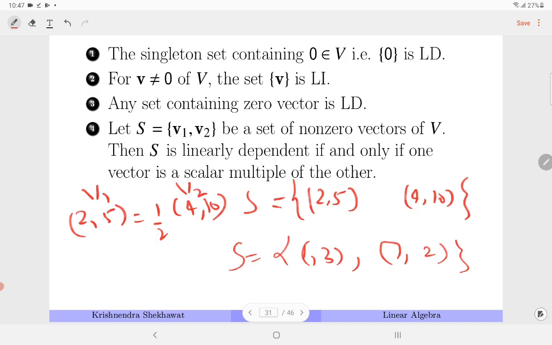In the second case, it is not possible. If this is u1 and this is u2, then u1 or u2 cannot be expressed as k times the other. (1, 3), if you multiply it by anything, you cannot get (7, 2). And here multiplying means scalar multiplication, as defined. In R2, I am considering the usual scalar multiplication, therefore I am considering this example. We will see examples when the vector addition and scalar multiplication are not usual.